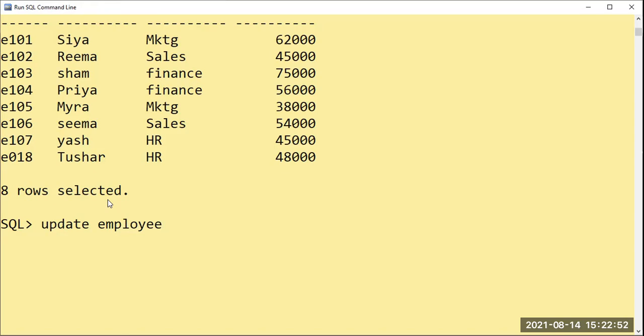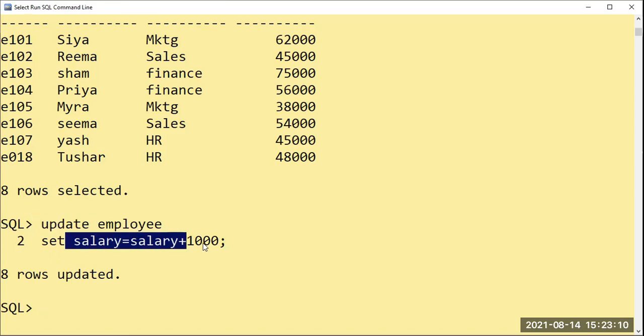That time, update employee set salary equal to salary plus 1,000. What have I done? Nothing special. Update employee set salary equal to salary plus 1,000. जिसका जितना salary है उसको 1,000 add करना है.